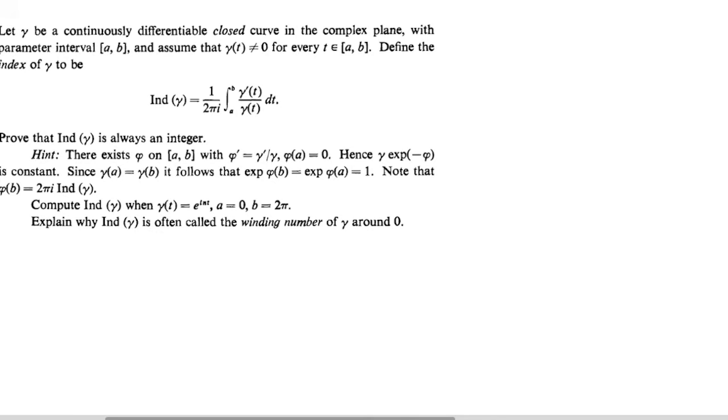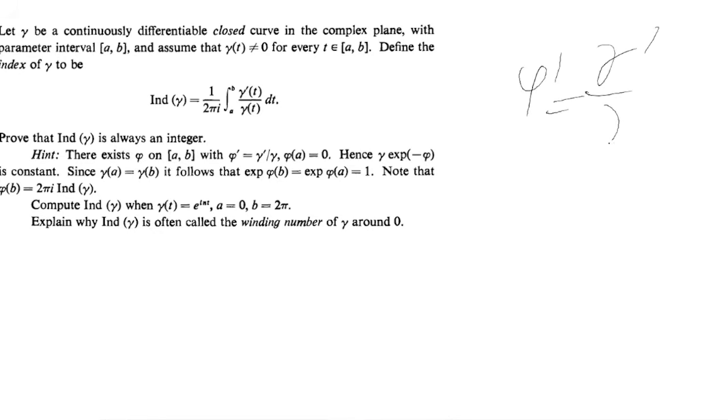So we have a continuously differentiable closed curve gamma on the interval from a to b, the parameter I mean, and it's never equal to 0. And we have the index defined through this, and we have to prove that it's always an integer, and we're given a hint that basically makes it really trivial. So what we do is we just find a function like this, phi, such that phi prime is equal